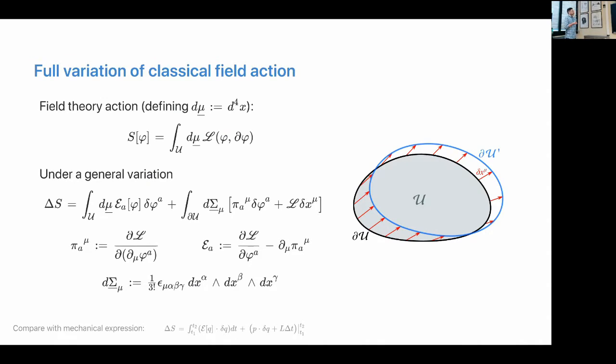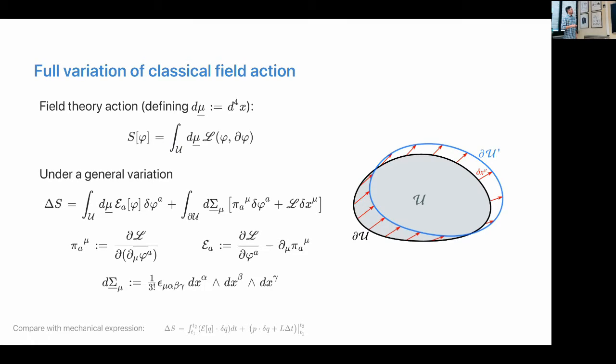In a classical field theory, you can write your action in this form. So this is some Lagrangian density. This is a measure which is defined as your coordinate interval. And the Lagrangian density here, I'm assuming to be a function of the fields, the derivatives of the fields, and implicitly, I'm also assuming it's a function of the coordinates as well. This action is defined over some domain U,